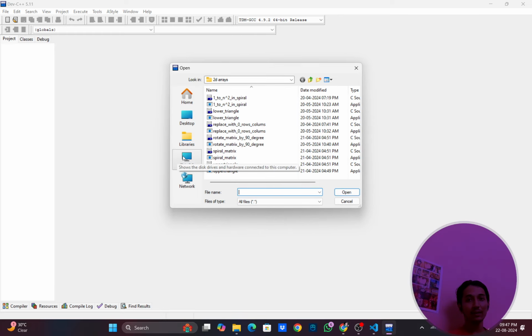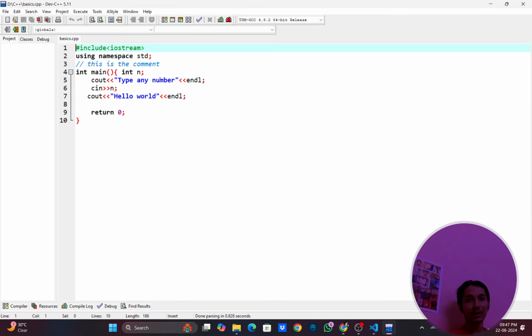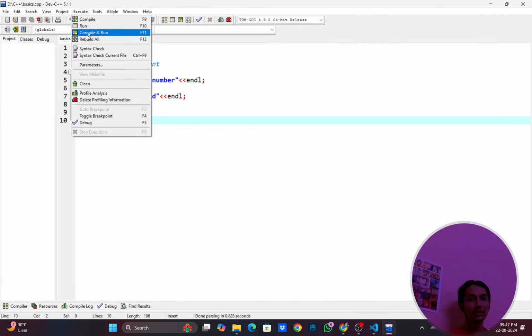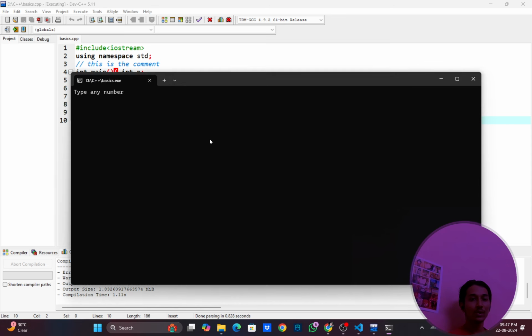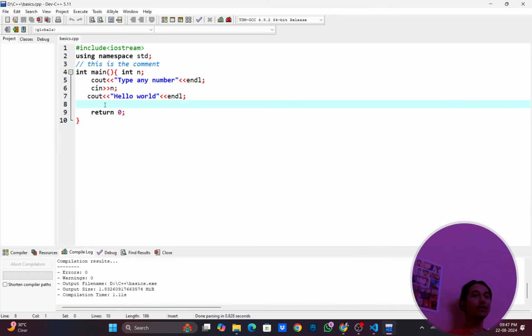Open, and go to this PC, this one, and then I think basics. Okay, so let's just compile and run this. Type any number. I will type 5. Hello world. Okay, so I have just given the input, and then if I want to print out that number that we have just given, then I can use, the inputted number is,